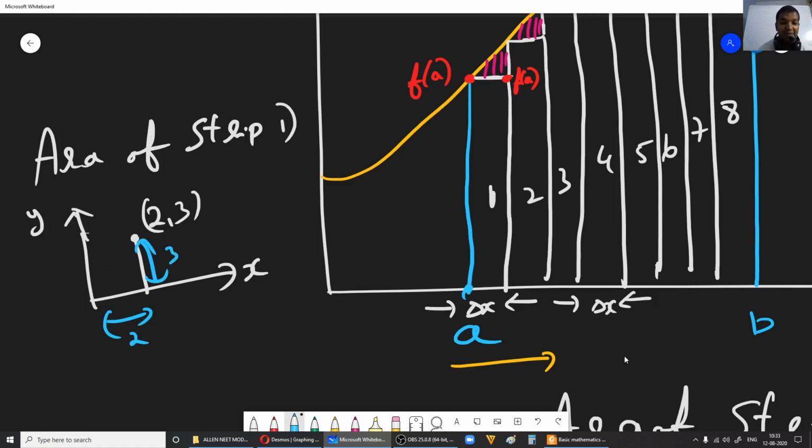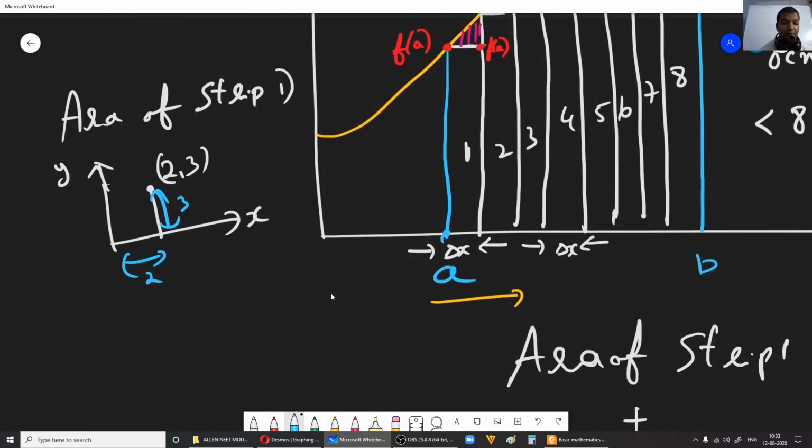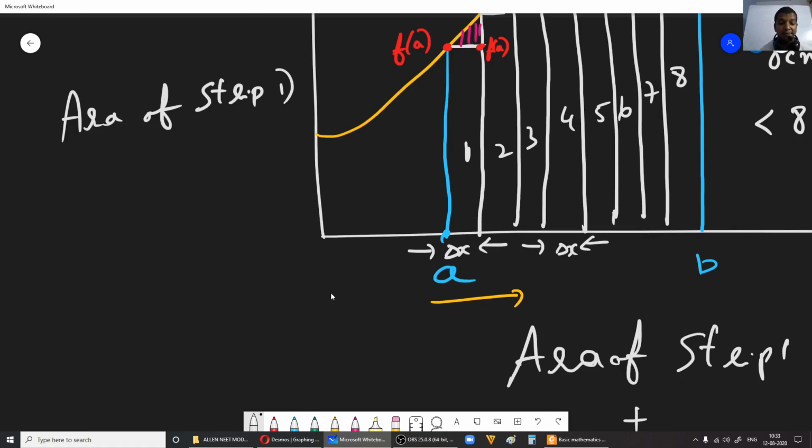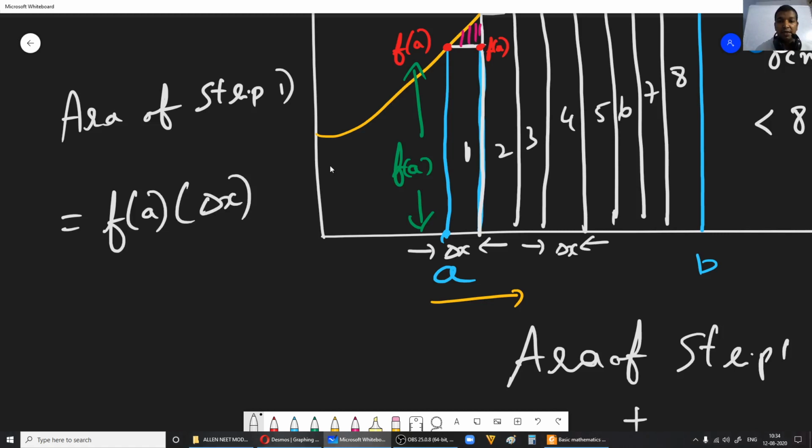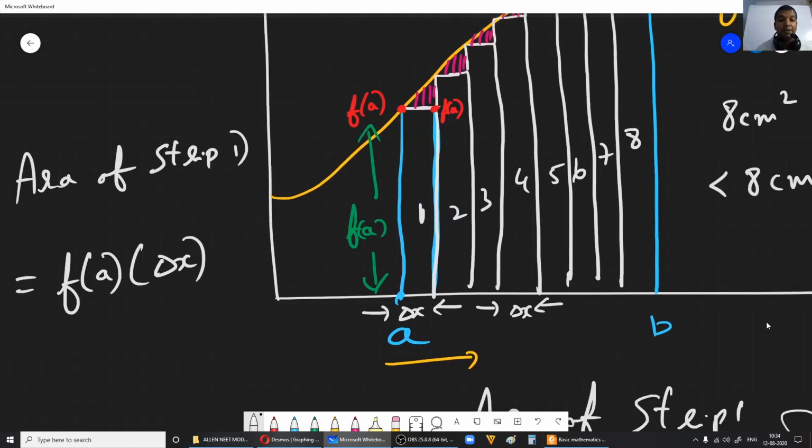Okay, now we are going to do the same thing here. Area of strip 1, by looking at the diagram you can say, what is this value here? That is the blue line, the length of the blue line, correct? Because it looks like a rectangle, that is why I've taken it like this. So this length is actually f of a. Now area of strip 1 you can write as f of a, because it gives me the length, multiplied by delta x.